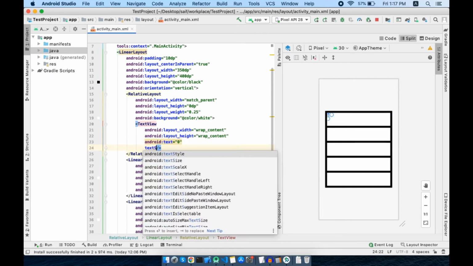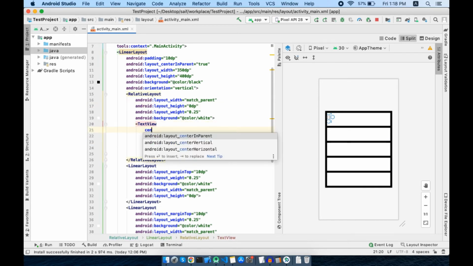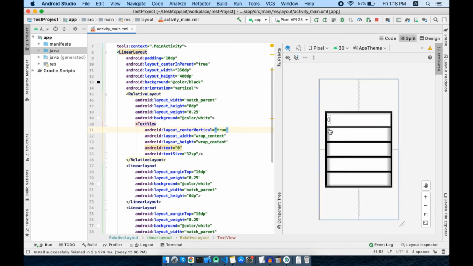Increase the font size, text size to, let's say, 32 sp, and let's align it vertically center, because the parent is relative layout, so I can use the property center vertical for it. And if I set true, you can see it is aligned in the center.